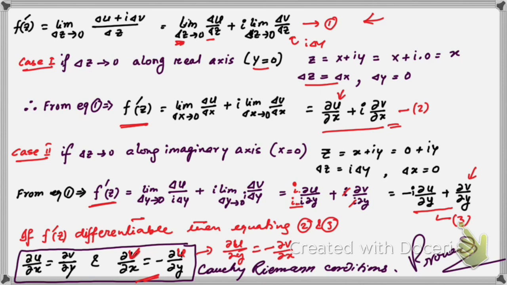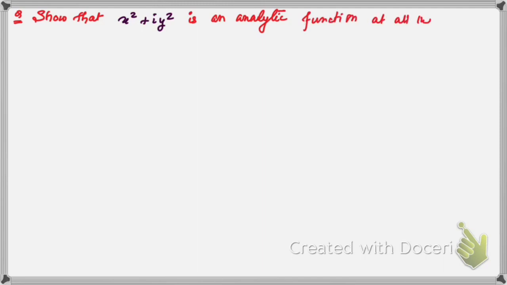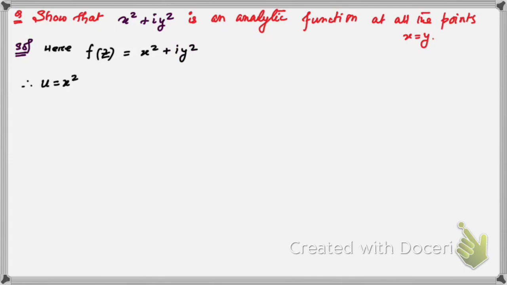So now let us take a question. So we need to show this complex function is analytic function. This is the analytic function at all the points x is equal to y. Okay, so now let me write the solution, and here the given function of complex variable is this. Okay, so now here u, the real part, is x square and v, the imaginary part, is